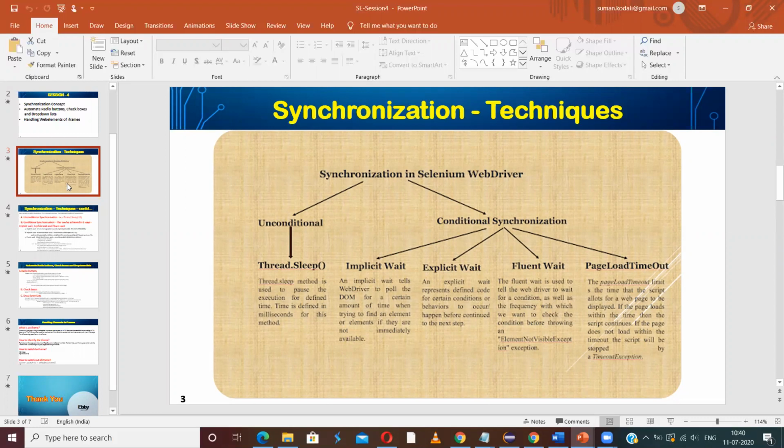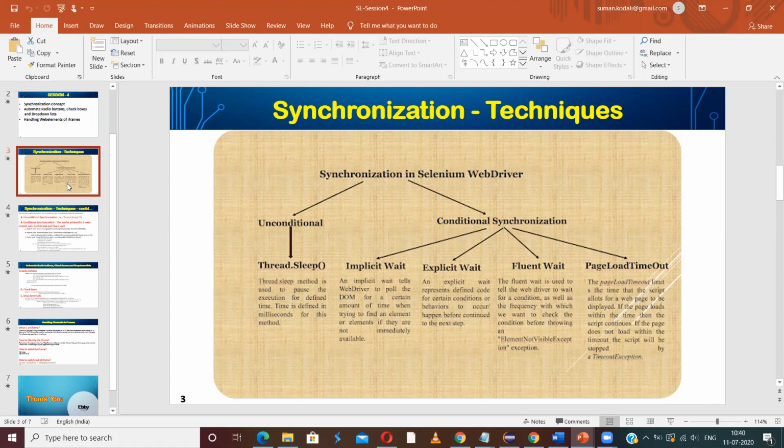And fluent wait, I have explained the concept, and because some of its methods are already deprecated, we have not gone through the example, but I also have shown you what are the methods that are deprecated as part of fluent wait. You can find the list of all the deprecated methods in the selenium.dev website. I have shown you that.